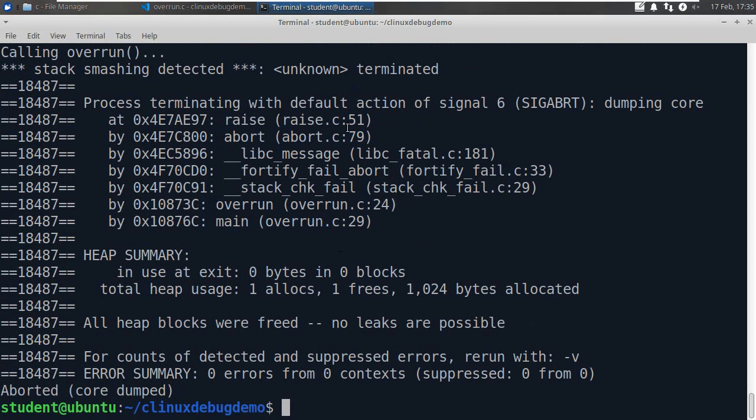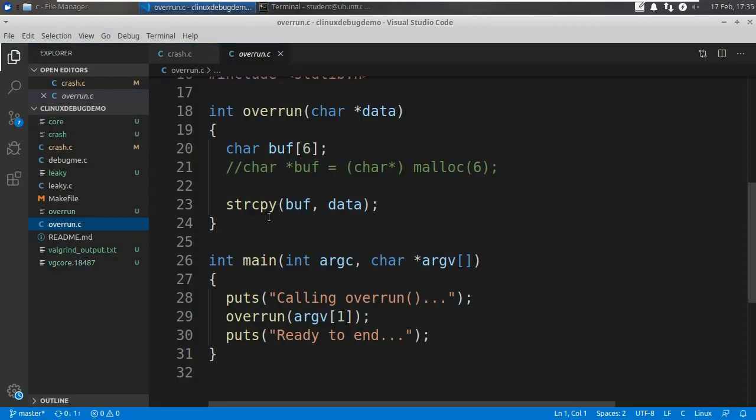And here you see the error message, the process is terminating, and it gives you the stack trace. And if you look down the stack trace, the first line you come to is the line that we're interested in. It's overrun.c, line 24. Now, in this case, line 24 is the end of the function. The problem actually occurred on line 23,